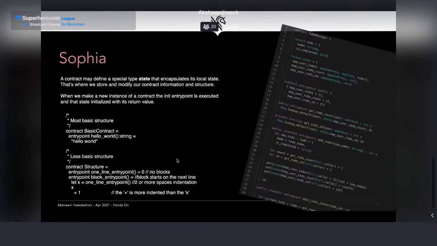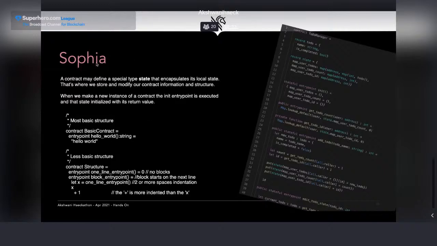And then I will have different public entry points that could be stateful or not. Stateful for us means changing the state. So if I do something that won't change the state, I don't need to put stateful. If I'm going to change the value of my contract and store it on the blockchain, then I will need to add the stateful keyword. Another way to see it: if I need to pay for a transaction because I'm writing on the blockchain, I need stateful.